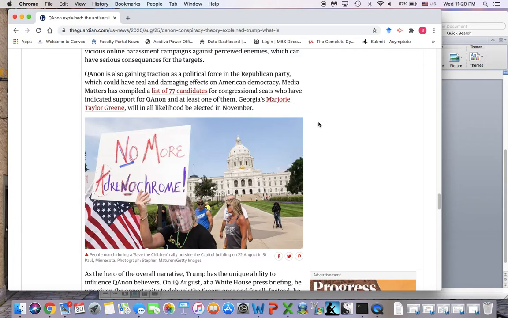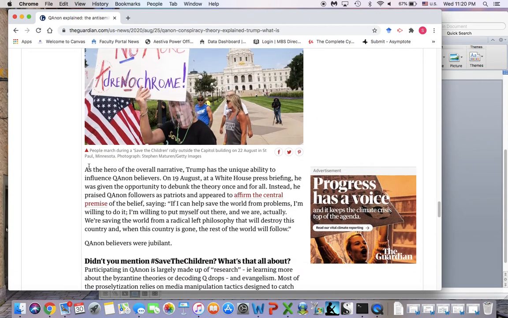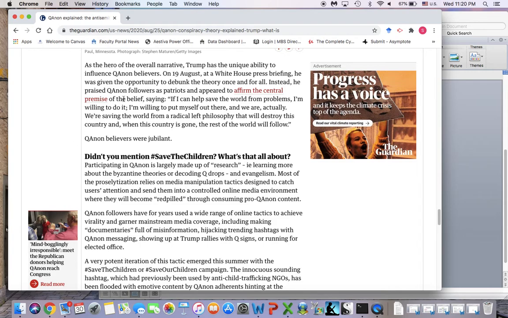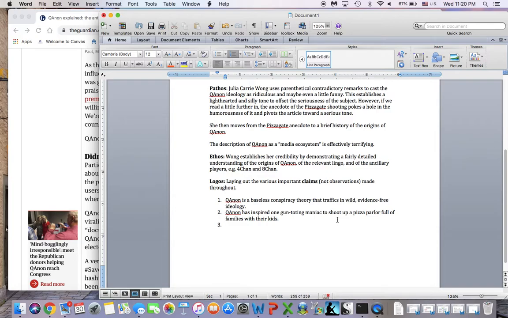They're using numbers there, so they're still not making a claim. They're making an observation. As the hero of the overall narrative, Trump has the unique ability to influence QAnon believers. That's a claim. That would be hard to prove. You'd actually have to argue for that. Okay. So as the hero of the